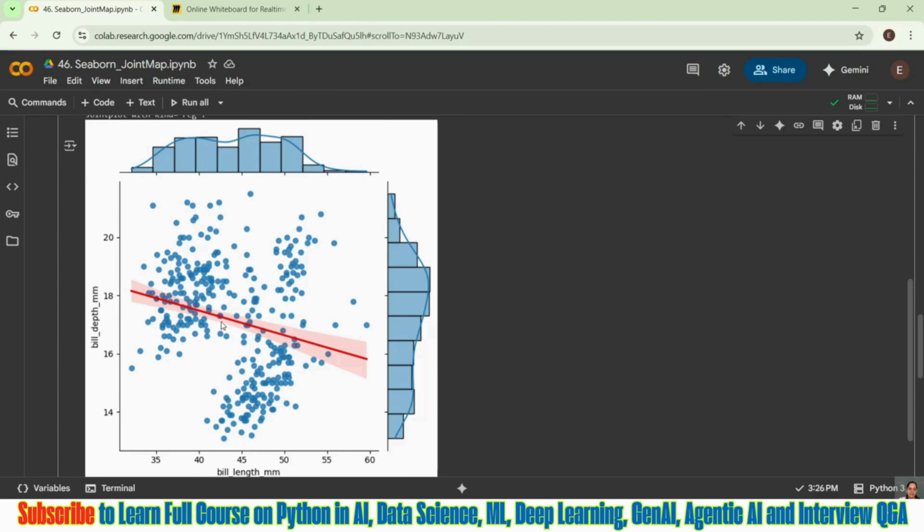And the regression line, again the same thing we are able to see here, right? See, my regression line is telling me my density is more on this 17 to 19, and the highest thickness is coming between 45 to 55, right? So that is how a regression line comes up.